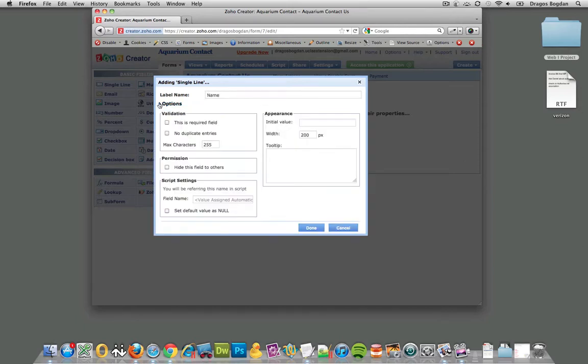Once I click under options over here, here's where I'm going to get some more, as you probably guessed, options. What I want to do is that their name is going to be required, so I'm going to click this is a required field. Permission, hide this field from others. I don't need to mess with anything else. Maximum characters, hopefully nobody has a name longer than 255 characters. Initial value,